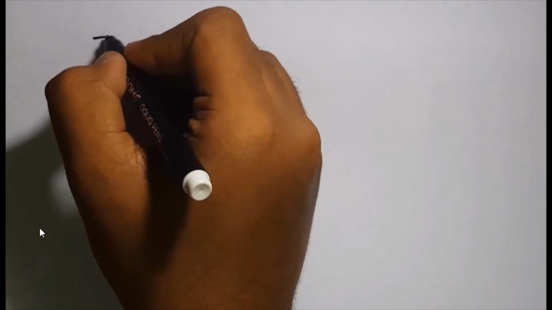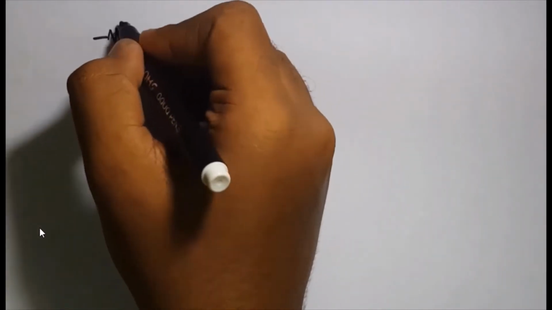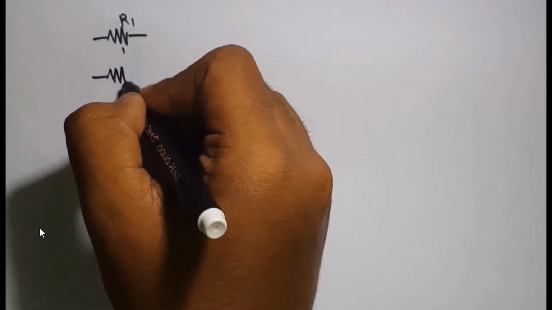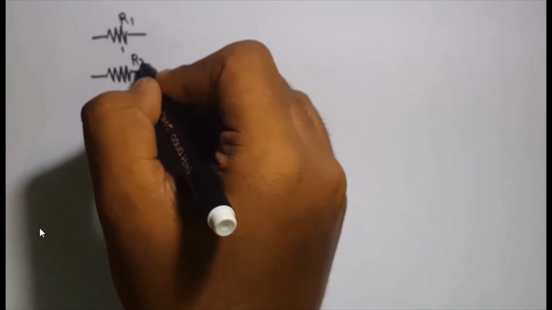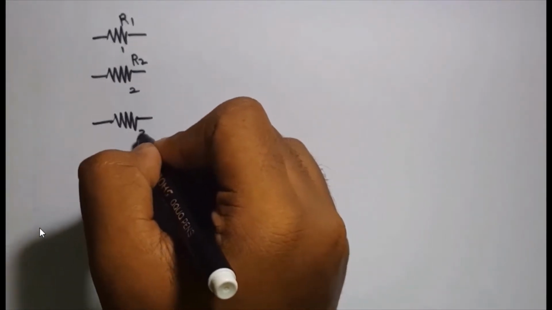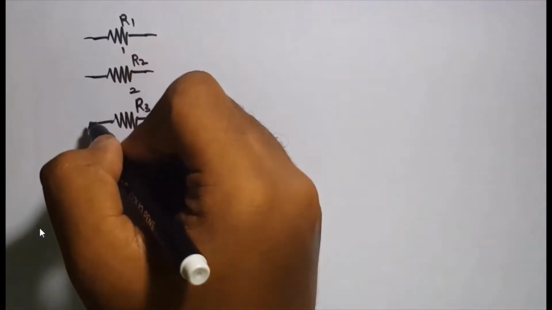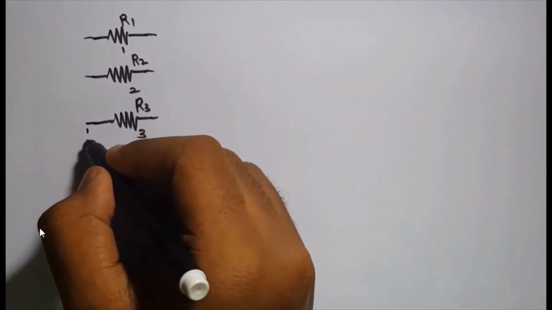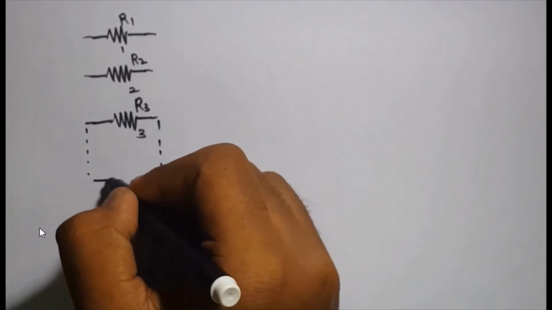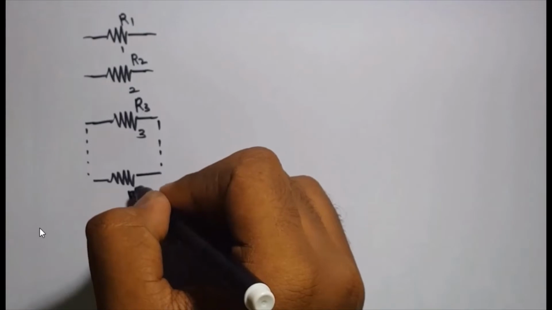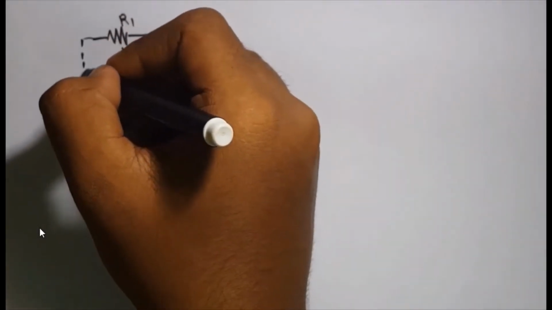Now the second case of the question is, the same n equal resistors are connected in parallel to the same battery having the internal resistance capital R. So the parallel arrangement is as follows. Let this be the first resistor R1, the second resistor R2, the third resistor R3. Before connecting them, there is the last resistor Rn. Now let's connect these.